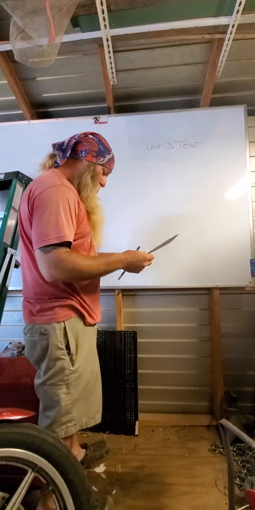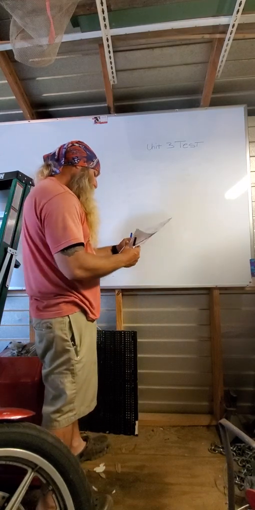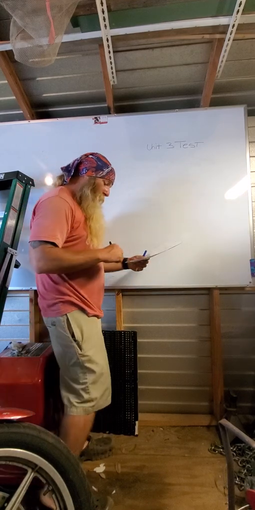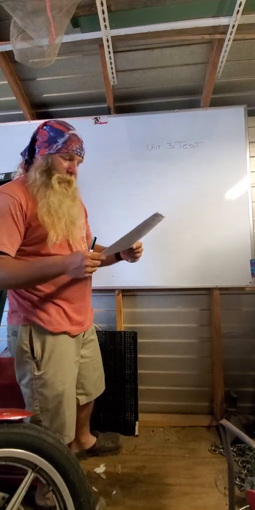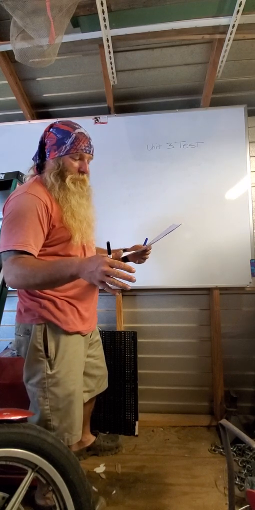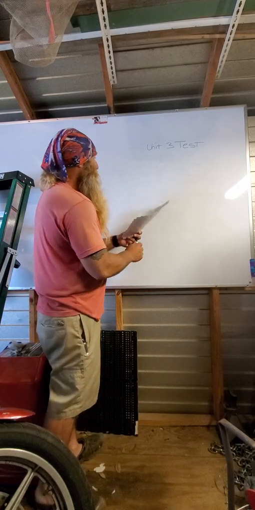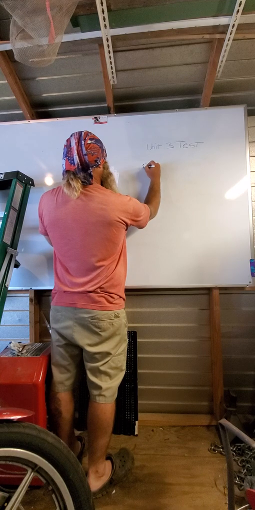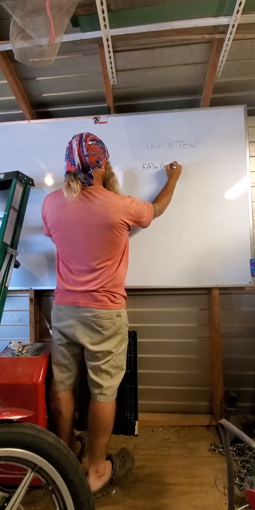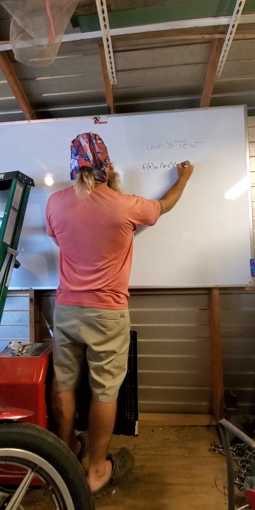Moving on, I missed part B of number 3, which should have been the remainder theorem, which is if f of x is divided by x minus c, the remainder is f of c, which you wrote down for our notes. F of x equals x minus c times the quotient